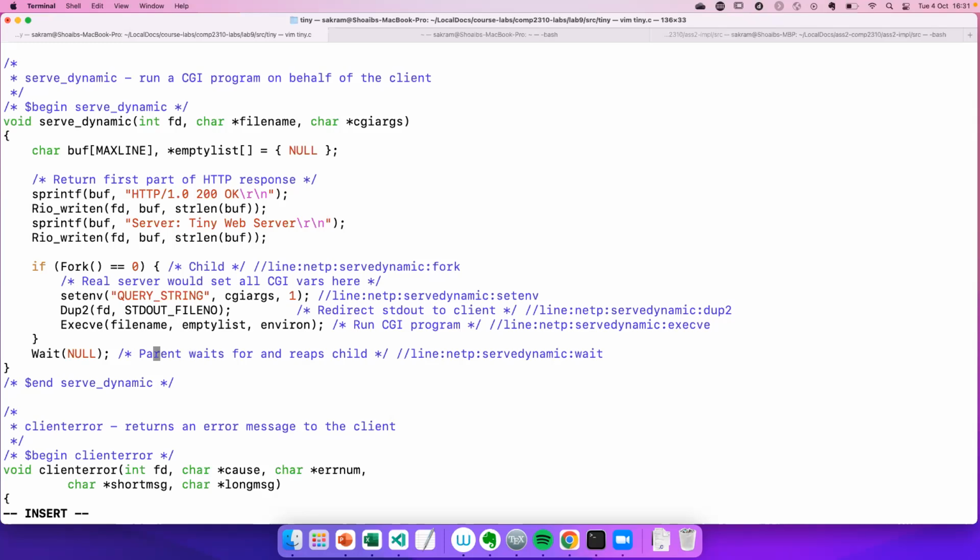reaping the child. But you could change this to make it concurrent, which we'll do next week. Next week's lab, next week's lectures, will make this concurrent. So here, I think the parent is actually waiting for the child to finish, which really is not concurrent. Concurrent will be when the parent returns back to the while loop and accepts a new connection while the child is doing the addition. And this way you can have thousands of clients. One server can serve thousands of clients by forking new children to run the executables or serve the static content and accepting new